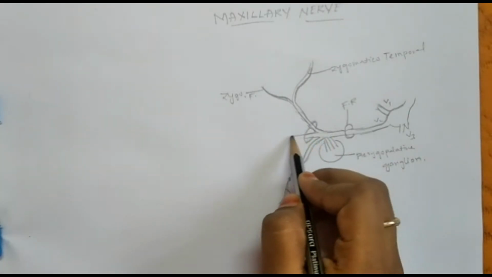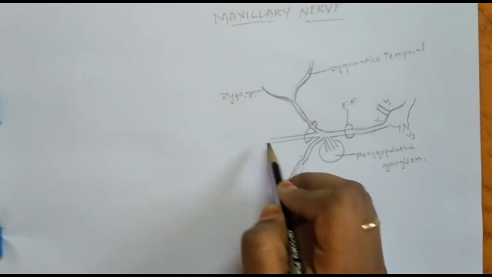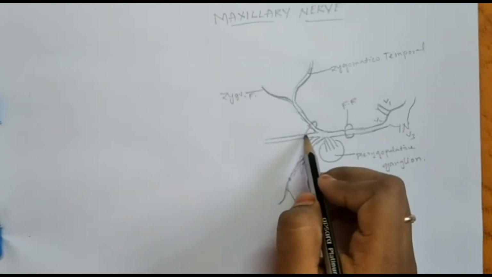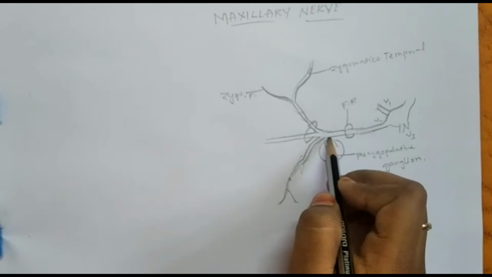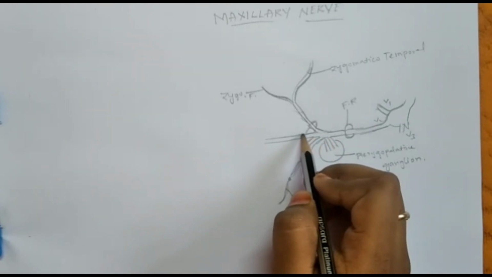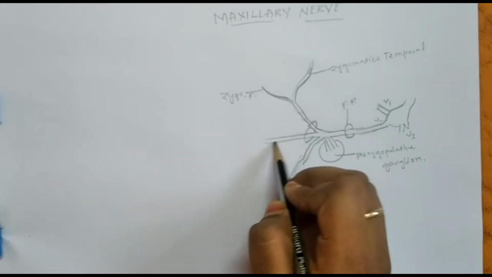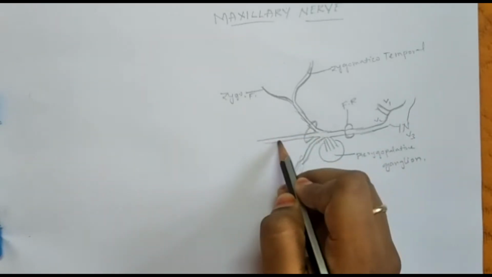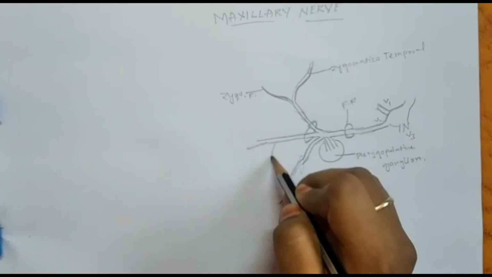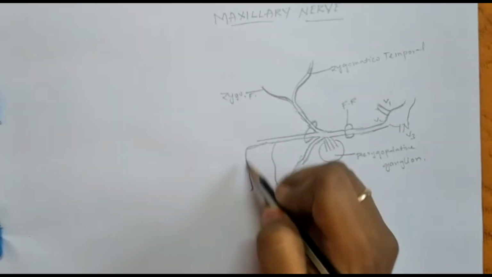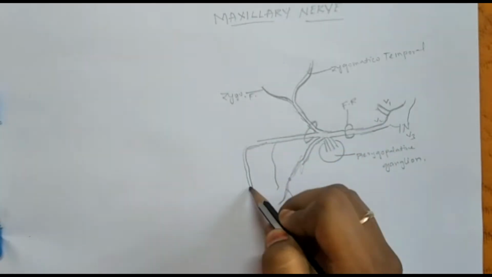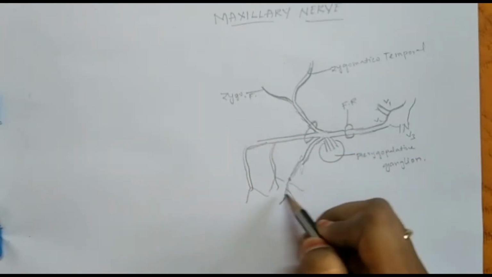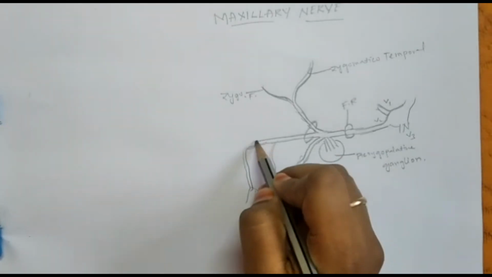Now the infraorbital nerve is nothing but the anterior continuation of the maxillary nerve. It leaves the pterygopalatine fossa and enters the orbital groove and canal through the inferior orbital fissure. Here in the orbital groove, it divides into middle and anterior superior alveolar nerve branches, which ultimately join the dental plexus and supply the teeth.